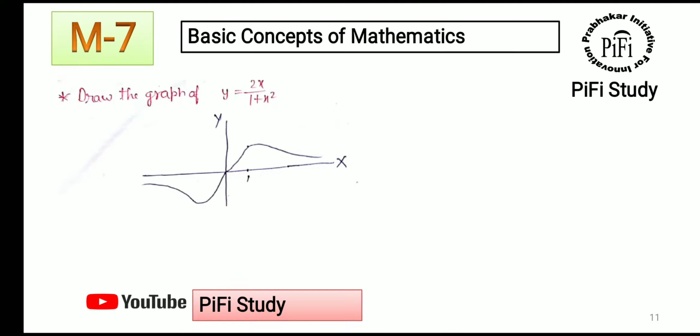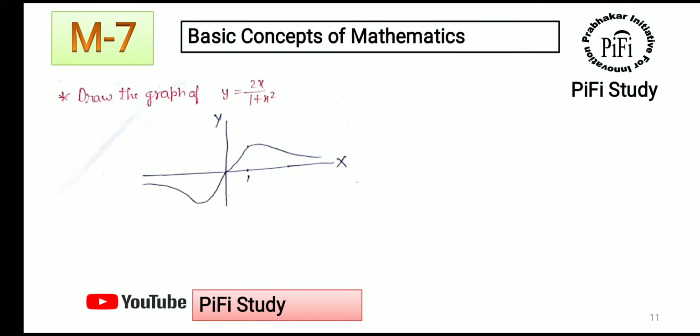So from this figure you can generalize, you can say that it is a kind of hyperbolic type of function. So for the first coordinate you will draw like this, as you have seen in the figure. You will see it is an odd function, so it is symmetric about the origin. Once you draw the positive first coordinate, then you take the symmetry about the origin